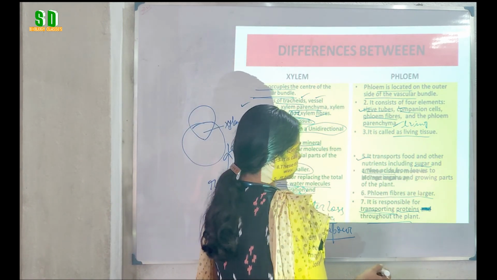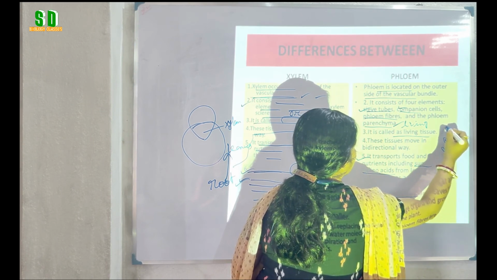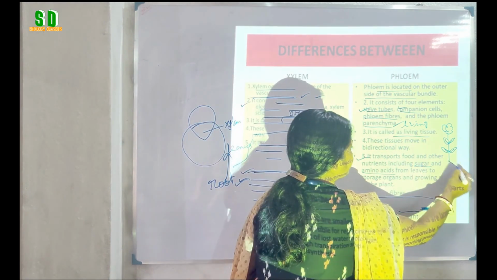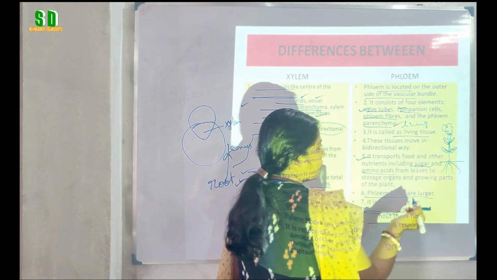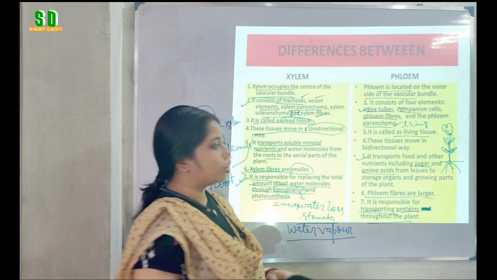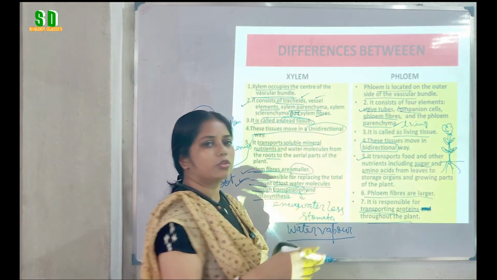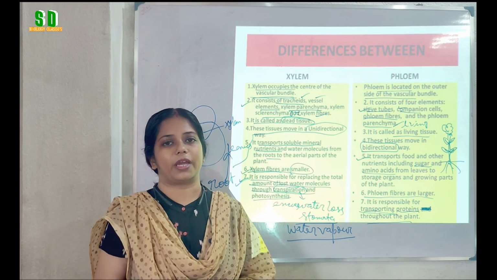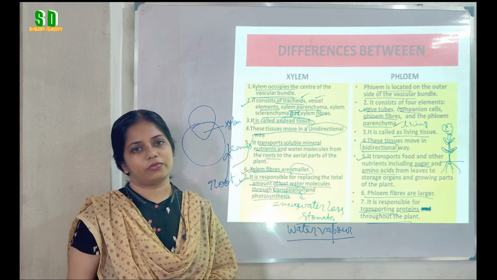But in case of phloem tissue, in the leaf the food is prepared, and all the parts of the plant body need the food. So the food that is prepared in the leaf is transported to the flower. It is also transported towards the root. So in case of phloem tissue, the transportation is bidirectional. From the leaf it can go in the upward direction, also it can come in the downward direction, because all parts of the plant body need the food materials. So these are the basic differences between xylem and the phloem tissue.